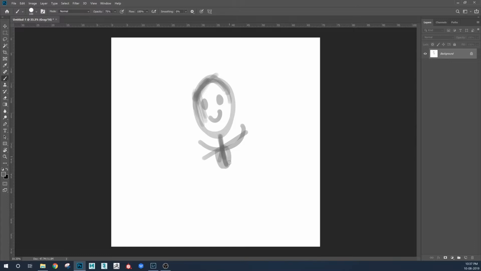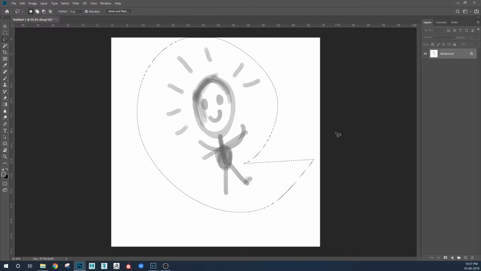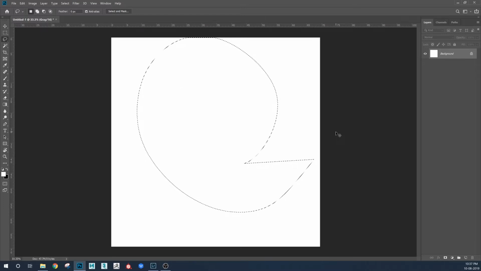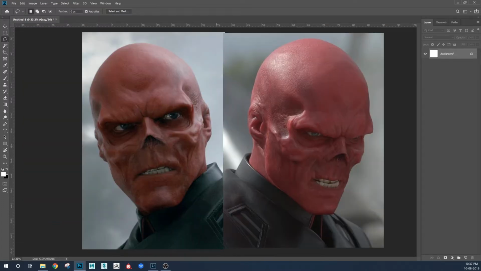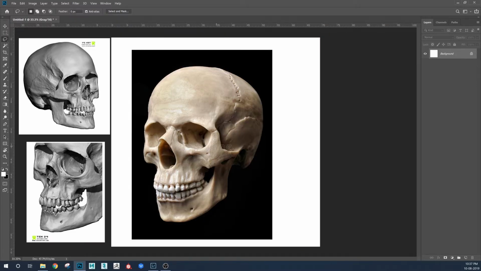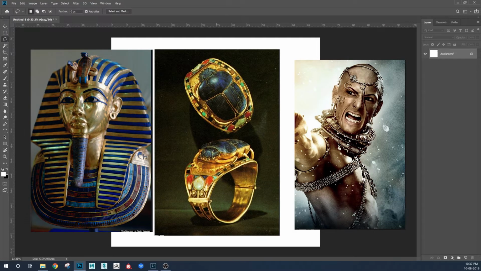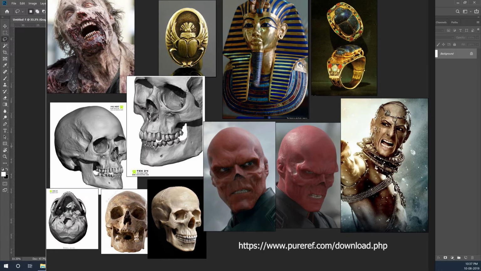In this section, we will look at the production process and concept development of Cursed King. So I just had a rough idea to make a villain, and the first idea that came into my mind is how about a zombified character. Obviously, while talking about zombies, we think about The Walking Dead. Next was the Red Skull from Thor, and I also had an idea to put some anatomically perfect skull features in the character. Next, I got some jewelry reference from the Egyptian era, and I